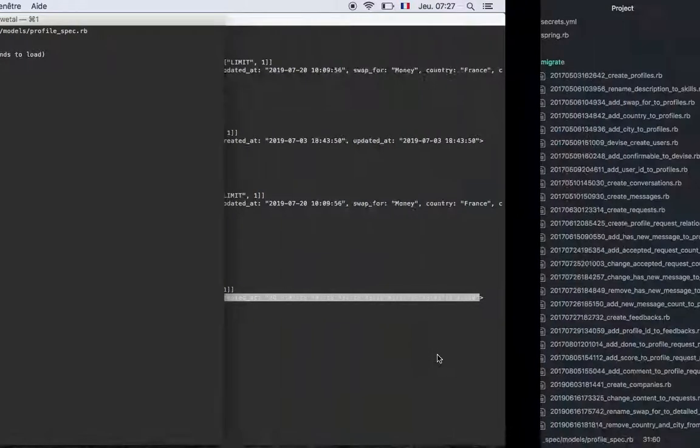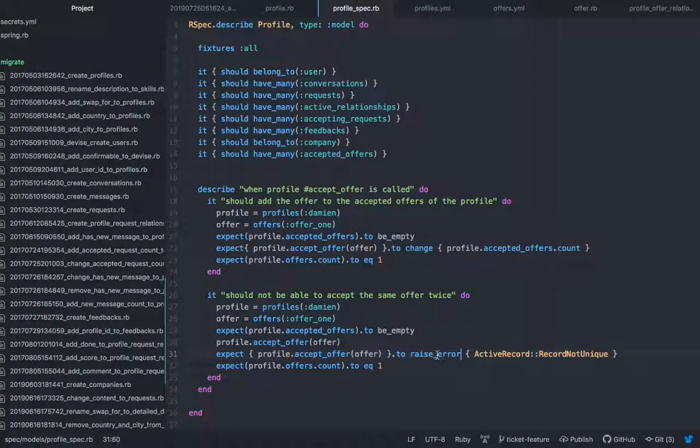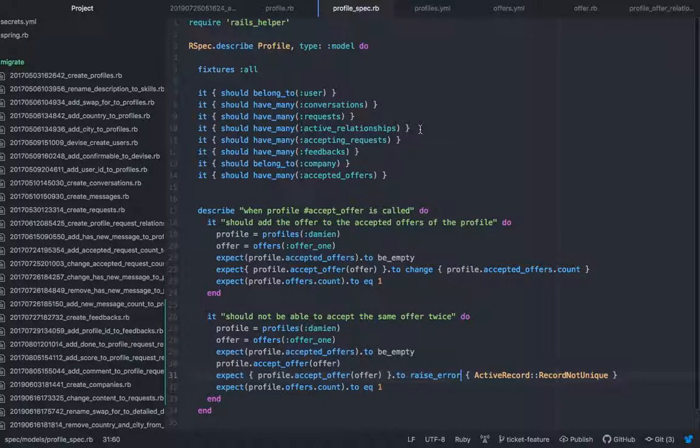So here we go, we got it. And probably on the other side, on the profile spec,